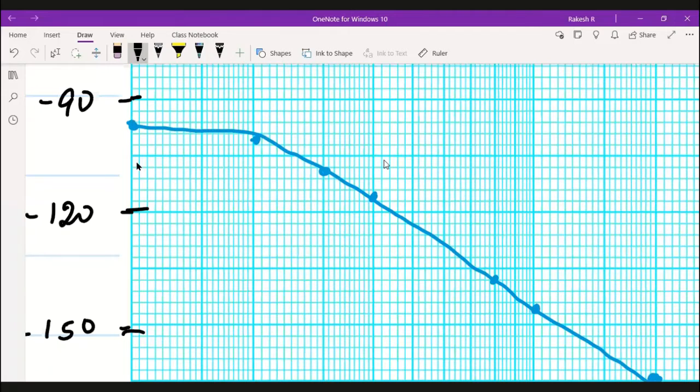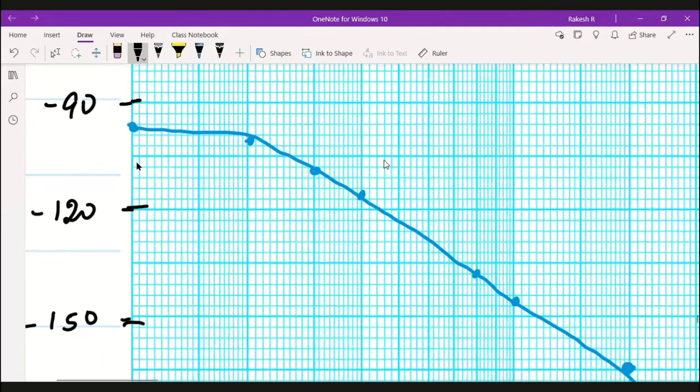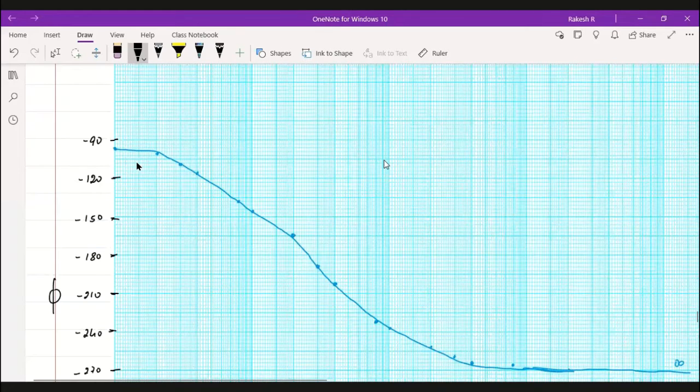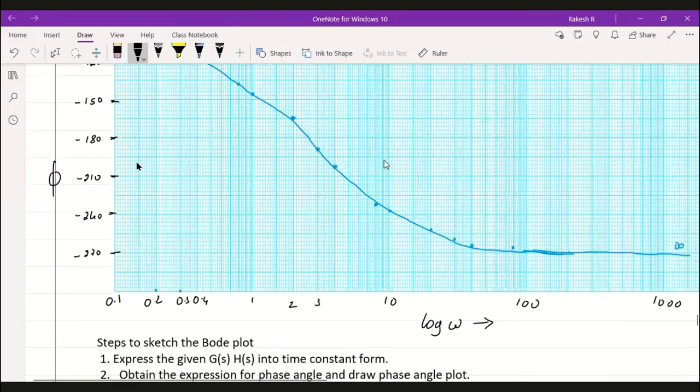Day after tomorrow, I think tomorrow, we have an offline class. I request everyone to come. If you can do one numerical, bring the graph sheet so that we can do it in the class. When we do one numerical on the graph sheet in front of me, you will get the idea. So it will be easy for you, right?